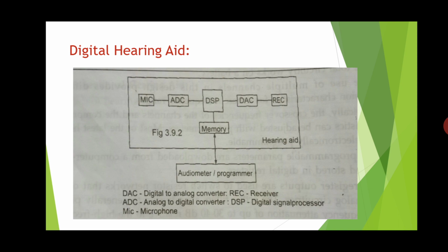Essentially, sound waves are picked up by the microphone, and these electrical signals are converted into digital form by the A to D converter, that is the ADC. The typical microphone will have an internal noise of 20 dB SPL when referred to the input, and a maximum undistorted output corresponding to a signal of about 90 dB SPL.